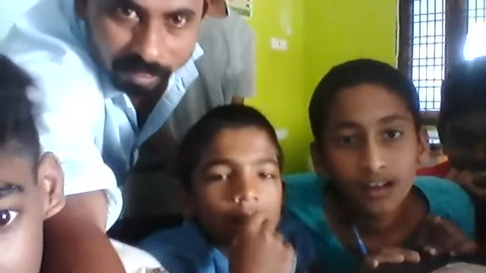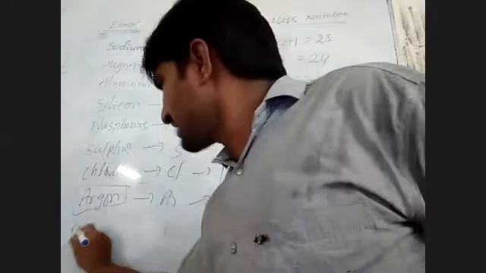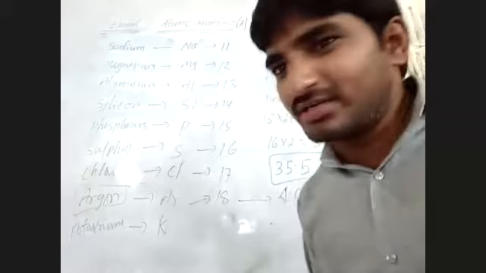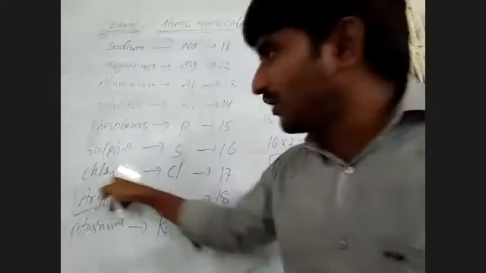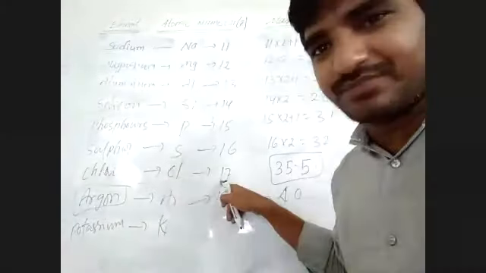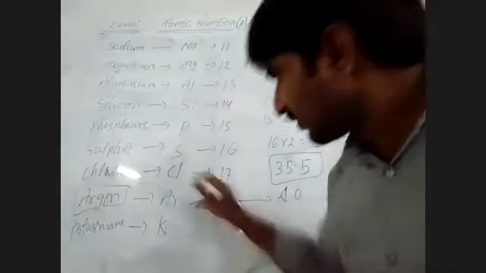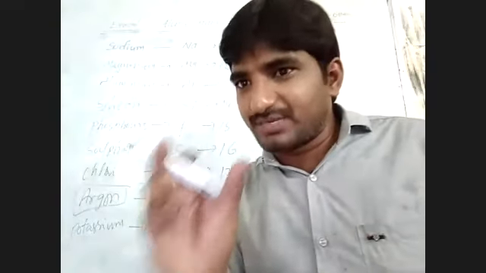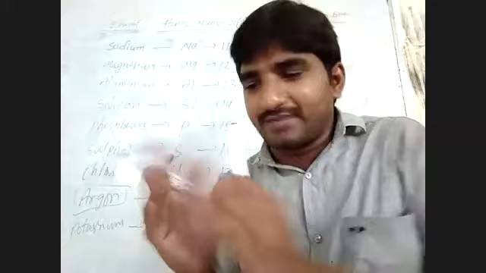One more doubt. I will tell you. Next one, potassium. What is the doubt? 17th element, chlorine is 17. 35.5. I will tell you one thing in discussion. Chlorine's atomic number is 17, but it exists in isotopes. I will explain isotopes. Isotope means two or more forms of an element are there.